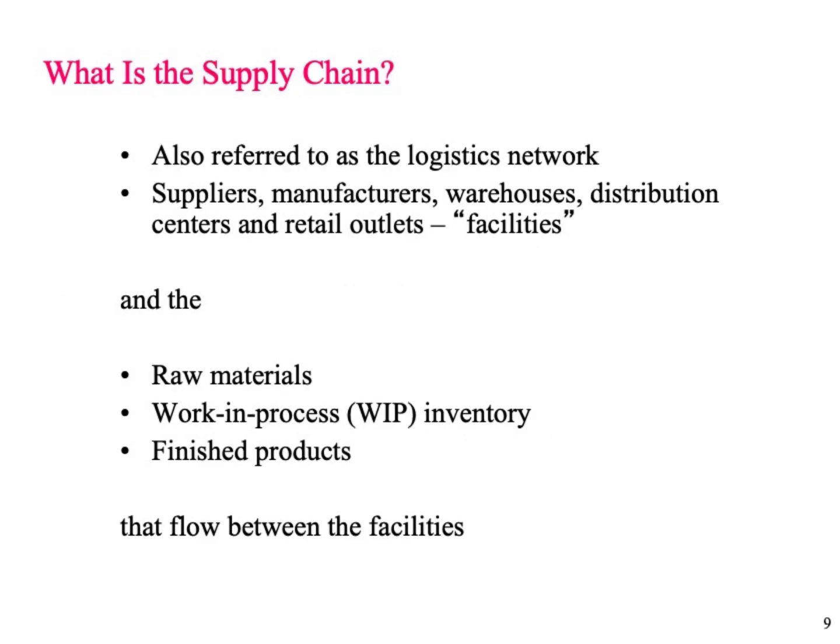Supply chain is defined as a logistic network where suppliers, manufacturers, warehouses, distribution centers and retail outlets work as nodal points for the effective movement of goods from the suppliers to the final point, that is the retail outlet. It includes the movement of raw material from suppliers to the factory, work in process in the factory, as well as the movement of finished goods from the factory to the last selling point.